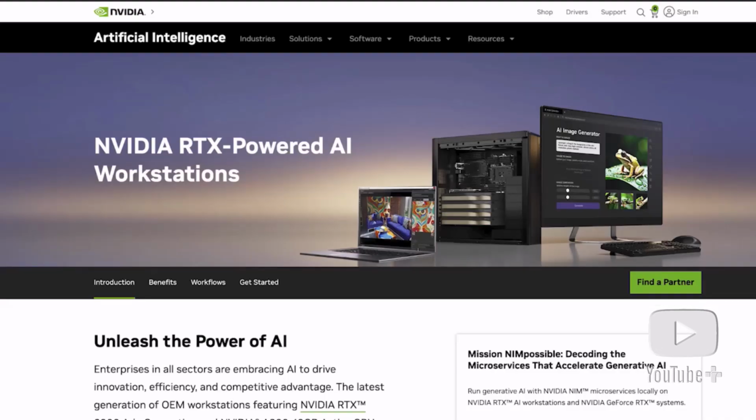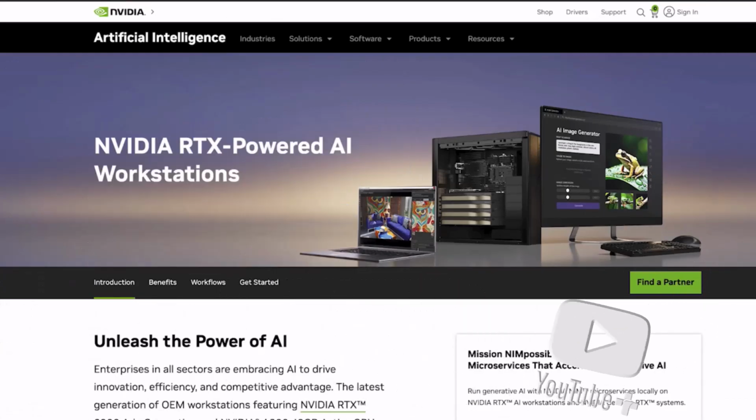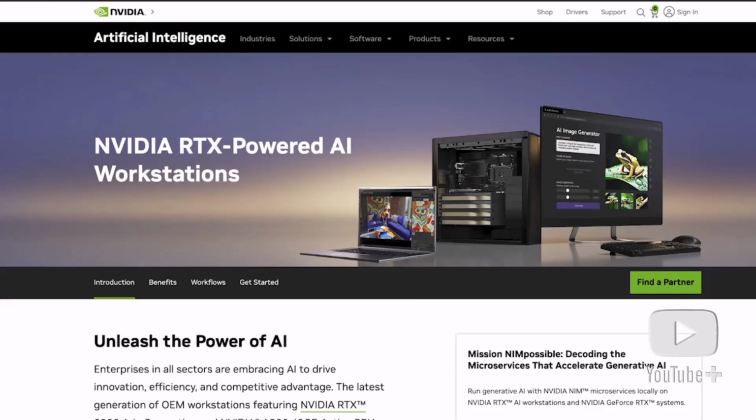Technology is advancing at a very rapid pace, as we know and have witnessed in the last few years. NVIDIA is always putting newer hardware and new solutions out there, along with many other companies. As a matter of fact, there's a lot of movement nowadays to move away even from GPUs to other platforms like ASICs that are specifically designed for AI models and AI architectures. However, what you see in front of the screen is an example of NVIDIA's RTX workstations,